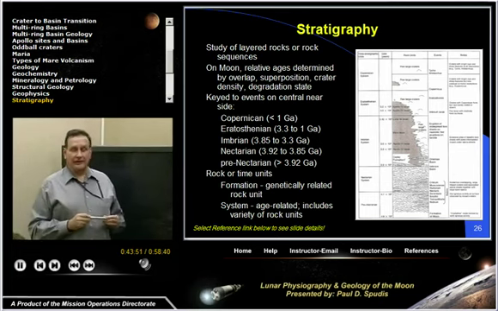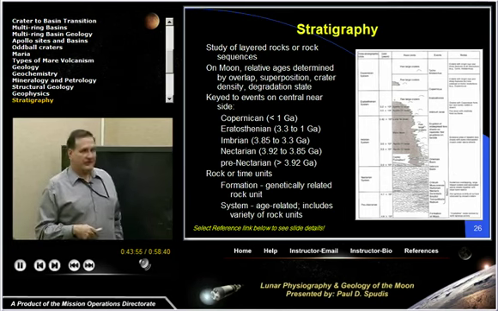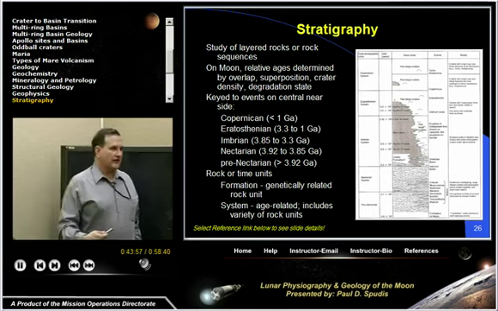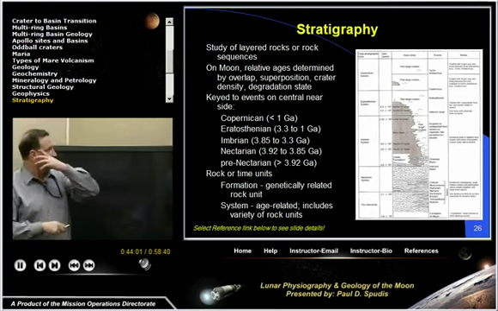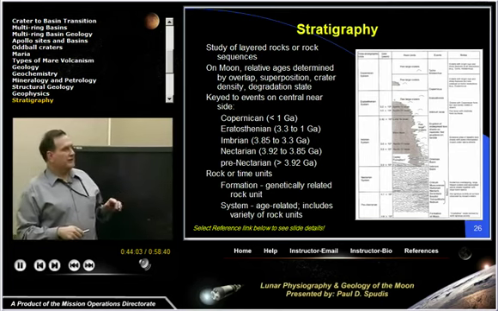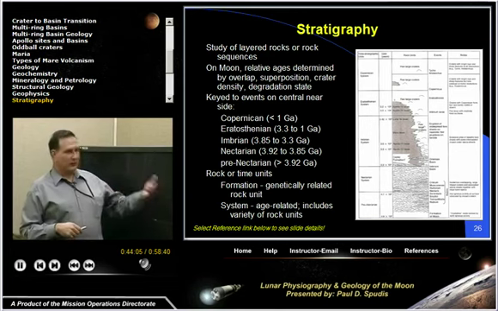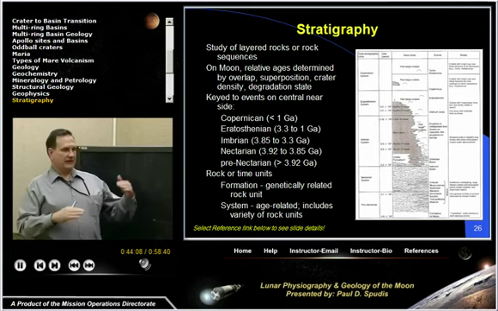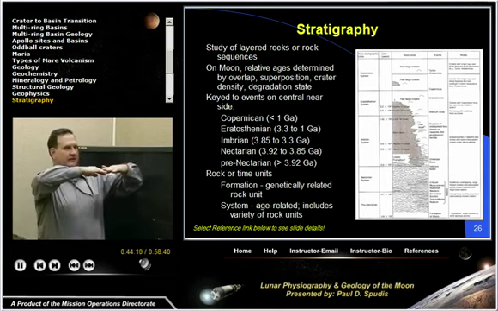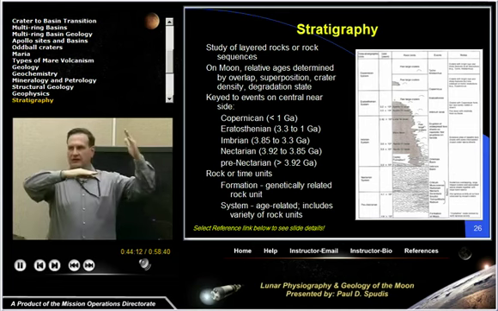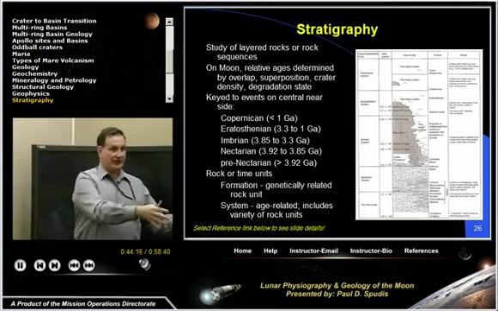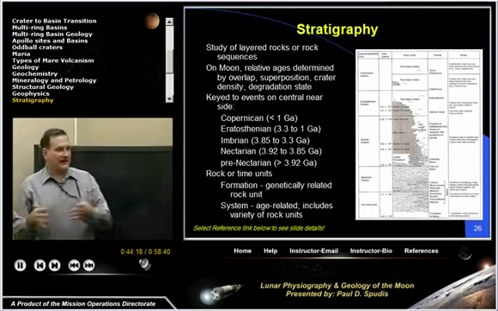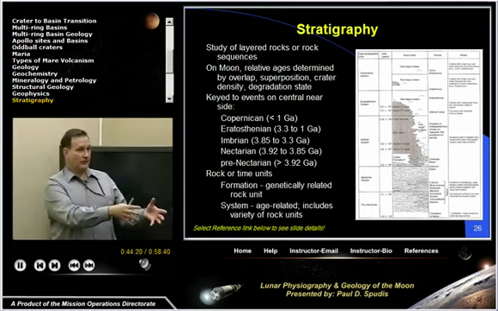How do we understand what the history is? Well, basically we use photographs to reconstruct this. Stratigraphy is simply the study of layered rocks. It comes from the strata, which basically means layers in Latin. And you determine relative age on the moon by overlap and by crater density and degradation state. If I have two craters and I have one ejecta blanket on the other, I know this crater is younger than this crater. Right? If I have two lava flows and this one has a lot of impact craters and this one has less, I know that this one is older because it has more craters. It's been exposed to space